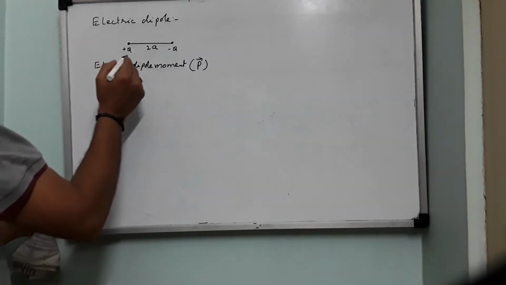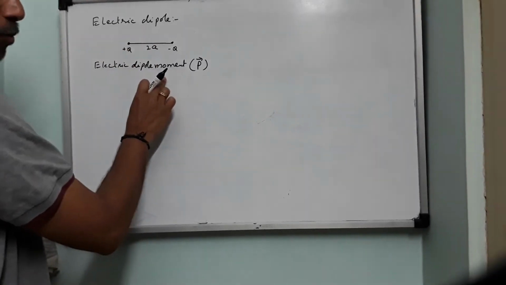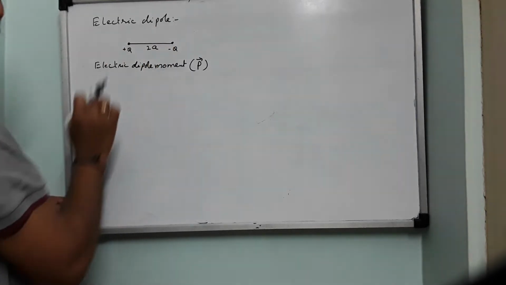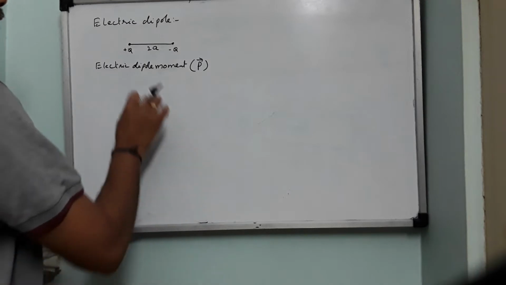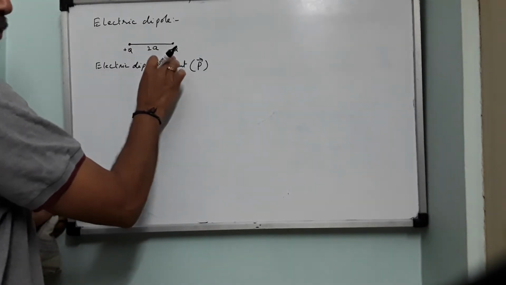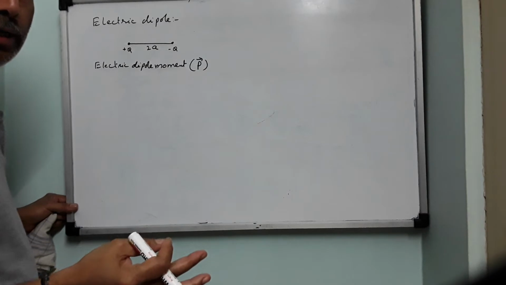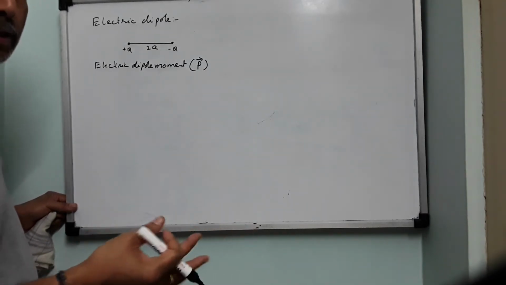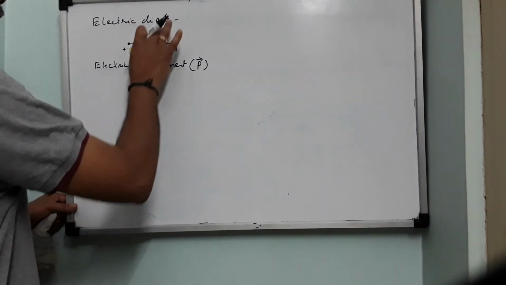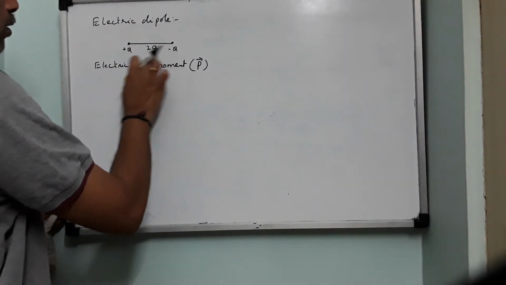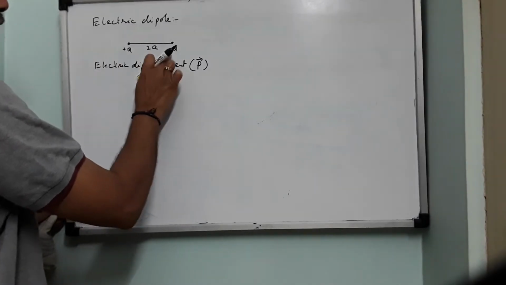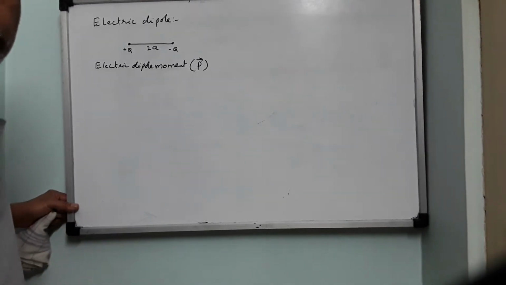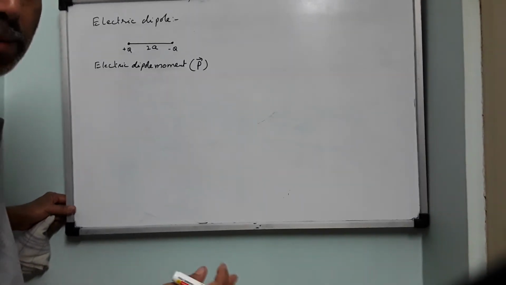So in the same arrangement, electric dipole moment is a moment acquired by an electric dipole in the electric field. Electric dipole is a physical arrangement. It does not have any unit. You cannot give unit, dimension or anything to it. Vector, scalar, you cannot state like that, because it is simply a physical arrangement of two equal and opposite charges separated by a small distance. The small distance will be of the order of angstroms, that means 10 power minus 10 meter.